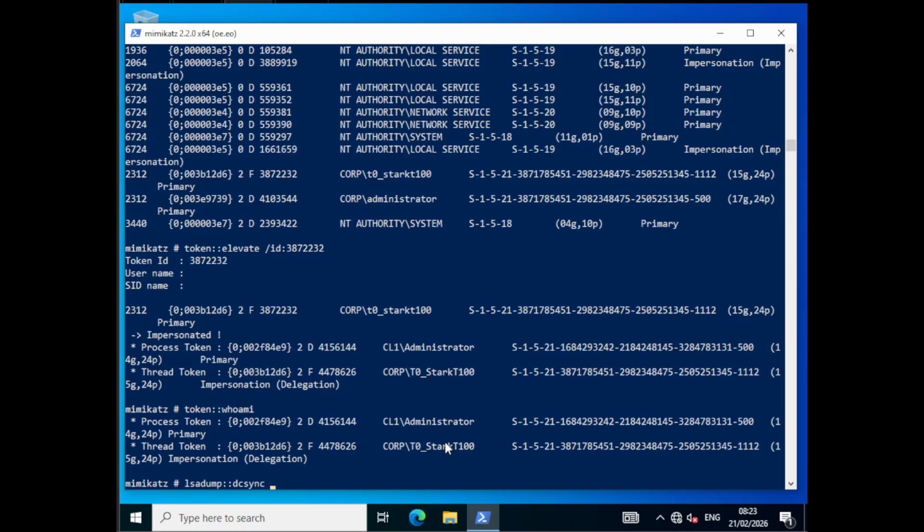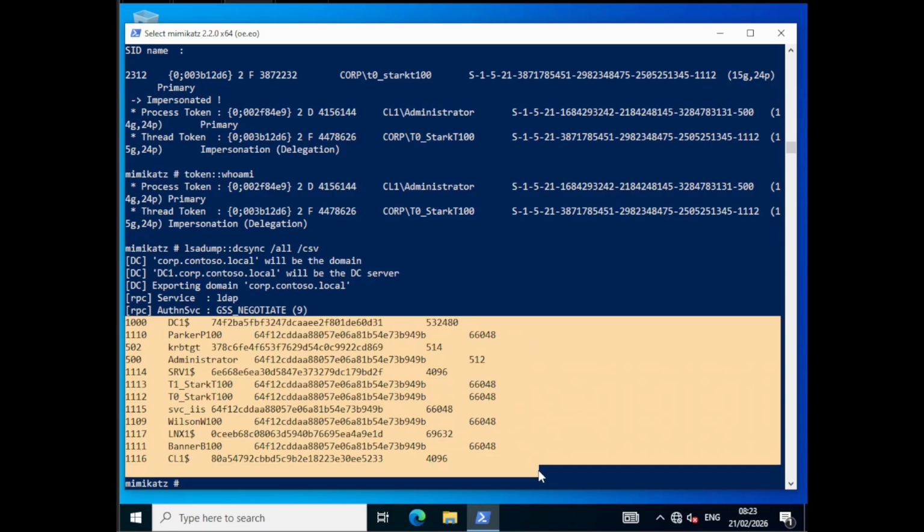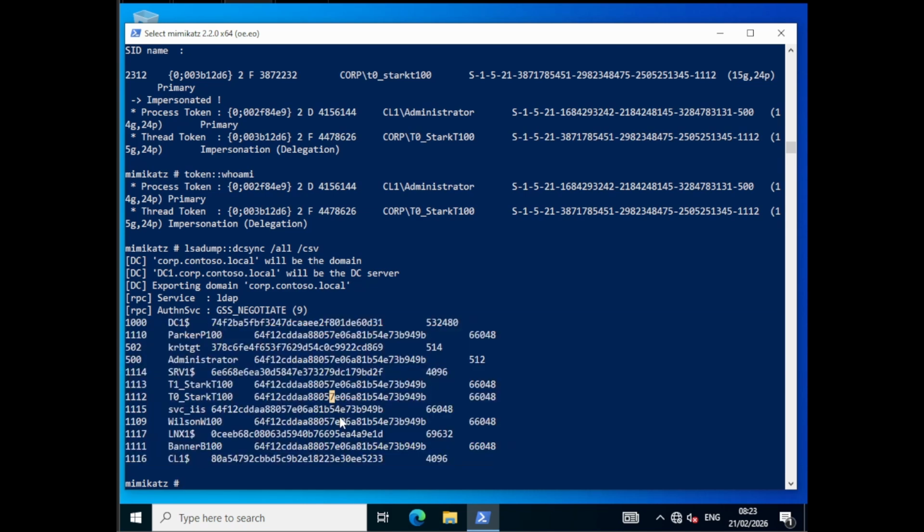So if we do a DCSync all, and then we'll just do CSV so it shows a bit nicer. And here we go. We can see that we have got all the users in the domain. Obviously we've not got a lot, but